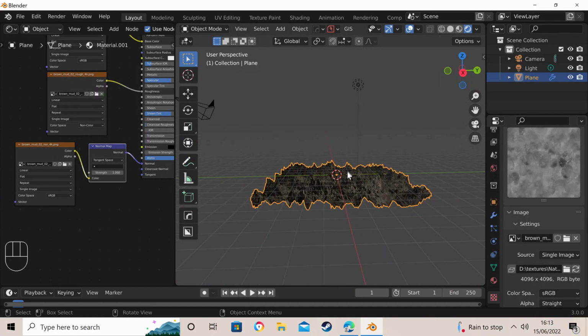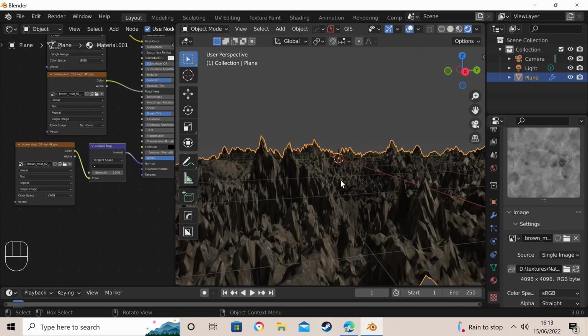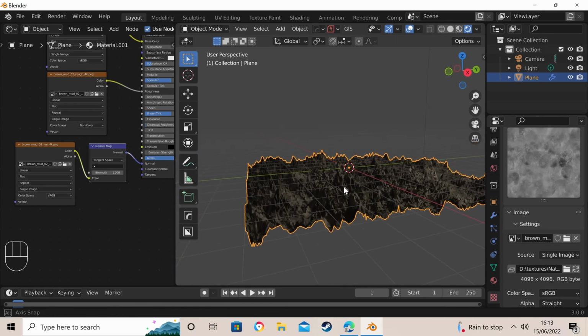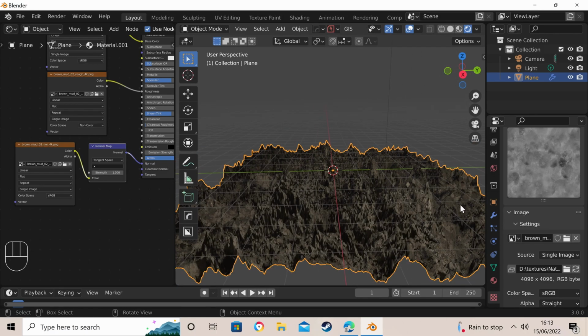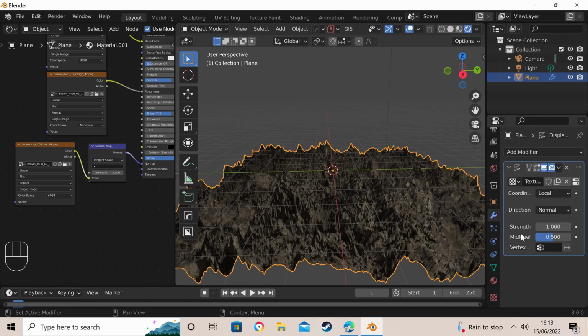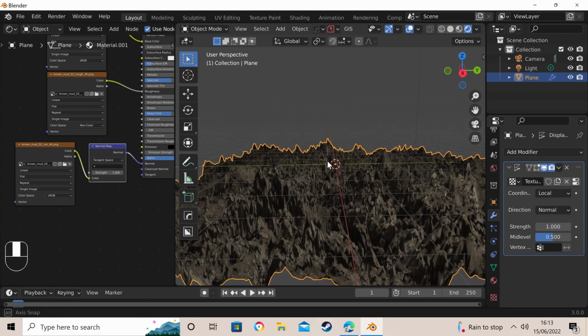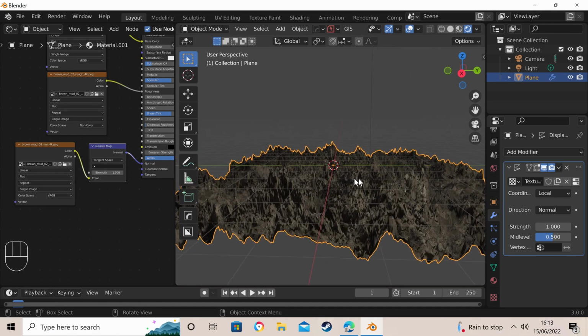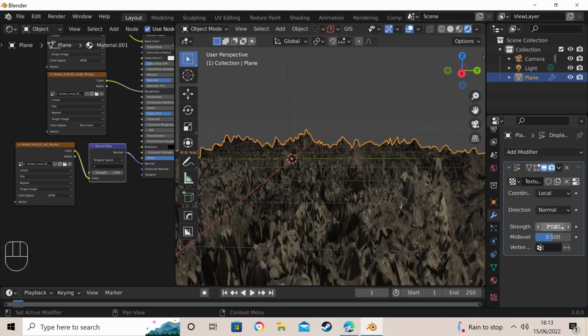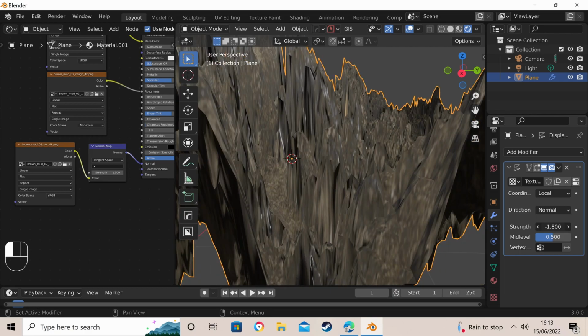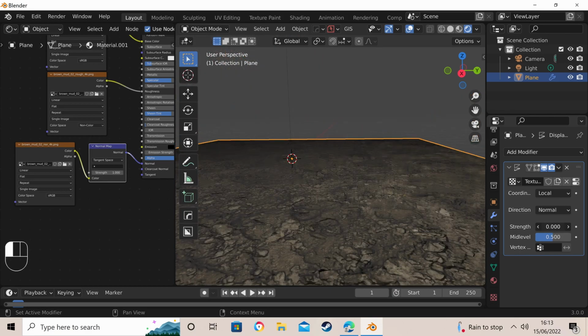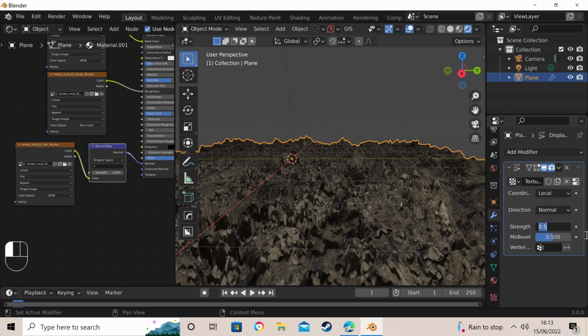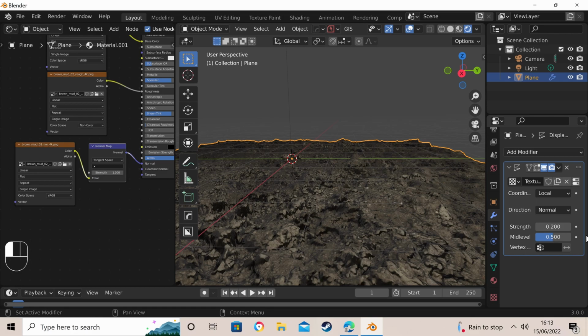And it's gone completely bonkers because basically it's too strong. So if we go back to the modifier tab, we can obviously see it's working, but it's far too strong for what it's supposed to be, mud. So if we knock this down a lot, that's gone into negatives, that's too far. Normally I just click on it and type. If I do 0.2,